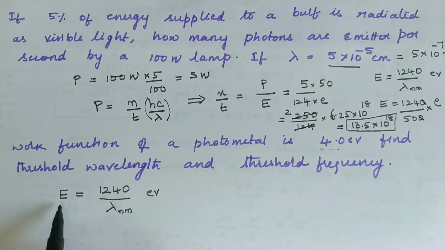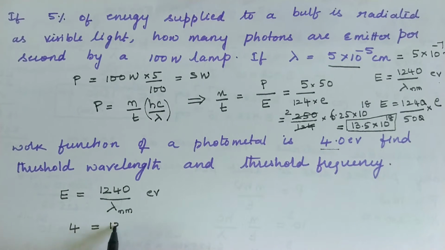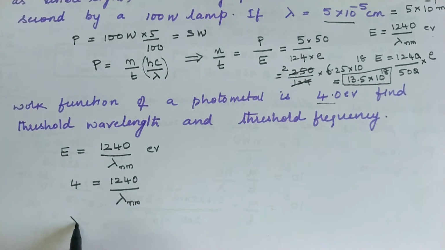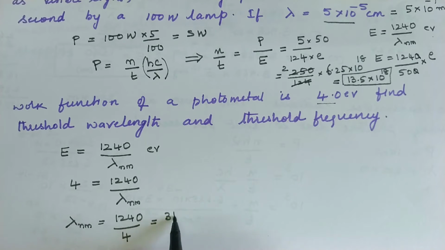So the energy is given as 4, and 1240 by 4 gives the threshold wavelength in nanometers. Lambda minimum is 1240 divided by 4, that is 310